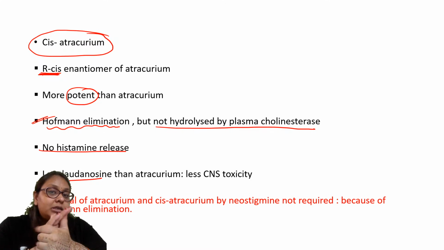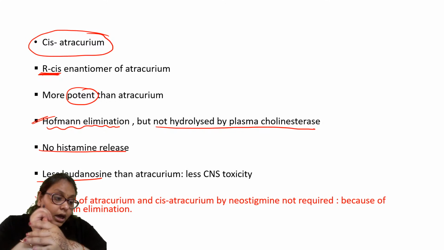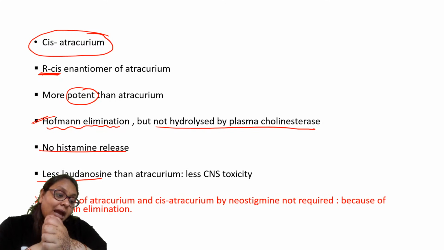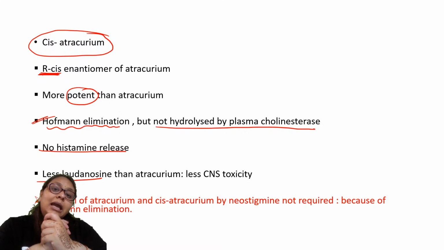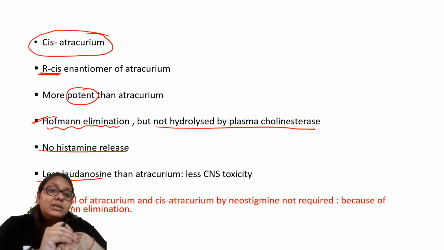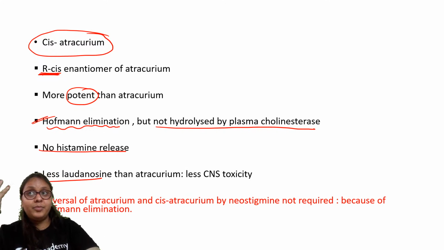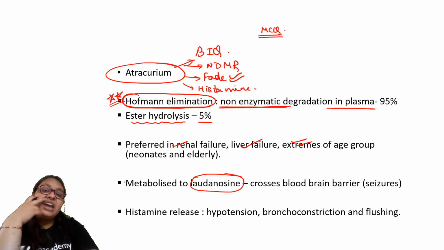Okay, these are the points that you have to remember. Dr. SG is asking, ma'am, can we use it in CNS conditions or in neurosurgery? Yes, atracurium and cisatracurium are used in neurosurgeries and CNS conditions. I haven't seen any reactions with this. With atracurium, the laudanosine metabolite can cause seizures, because it is in a